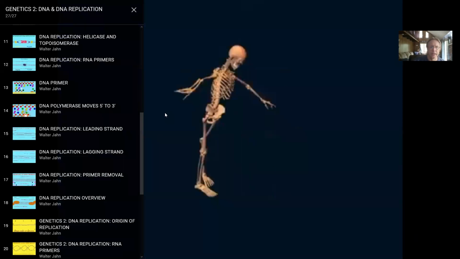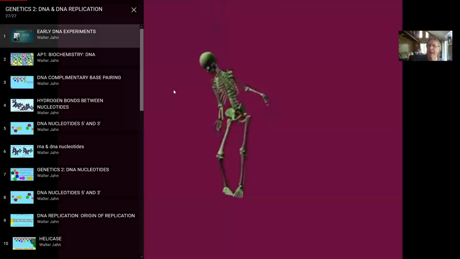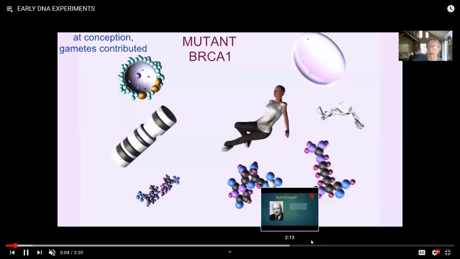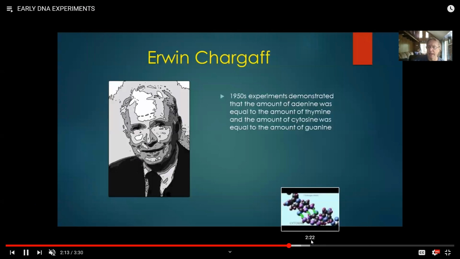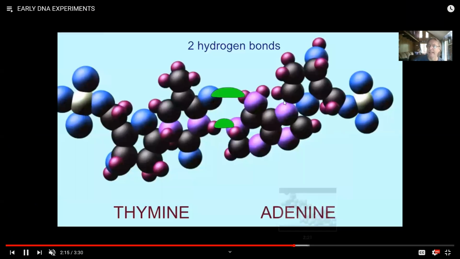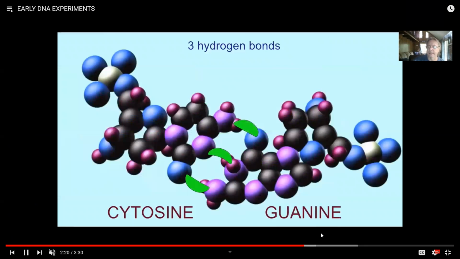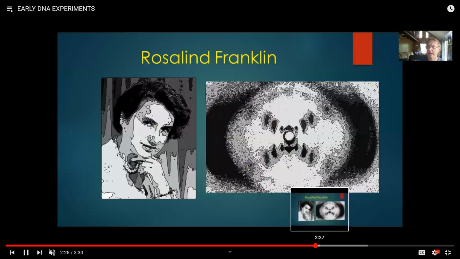Another key discovery which came early on was the observation that the amount of adenine always equals the amount of thymine in DNA in the nucleus. And then the amount of cytosine equals the amount of guanine. Now we know why, as I'll be pursuing presently. It's because in the double helix, adenine binds to thymine, so every adenine has a thymine partner, and every guanine has a cytosine partner. But that was not known at the time, and it was important then to establish that